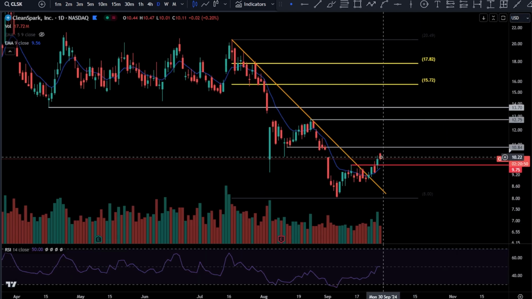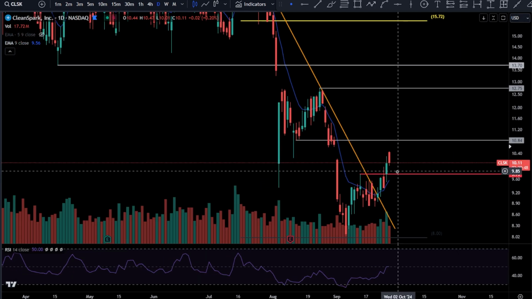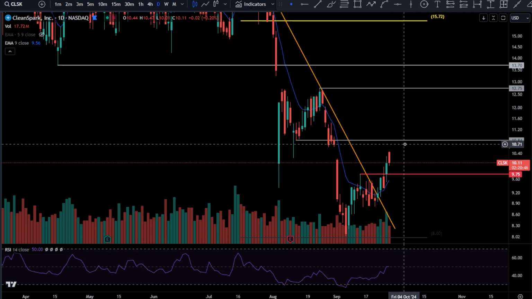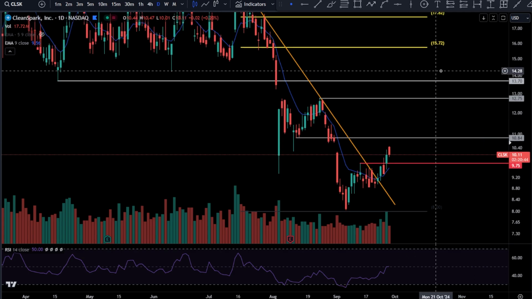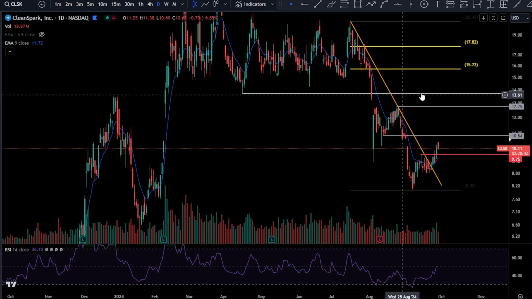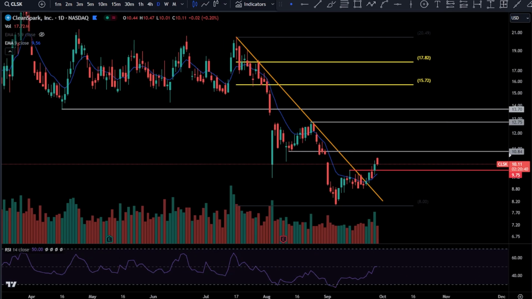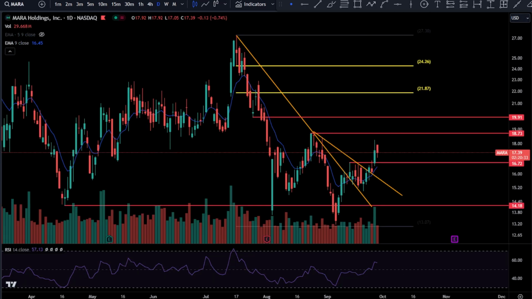CLSK, this is what we will be focused on. You retest 9.75, I like it. And I'm going to enter off of that for the move up to 10.84, 12.75, and then 13.70. I think 13.70 is going to be hit at the end of the day. And Bitcoin does run up to all-time highs. These things are going to go for freaking rides. I can't tell you specific prices, but they're going to be a lot higher than where they are right now.